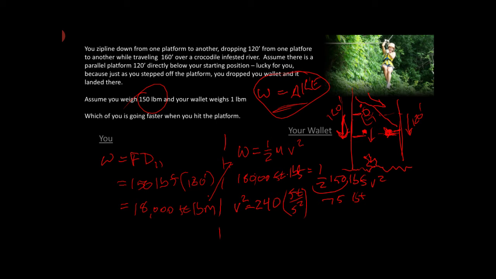And then we got this squared. And then we just take the square root. Right, and that is going to be, do you know the square root of 240 offhand? I don't. Well, maybe it's 15.5, let's say, feet per second. So we're going to say that you're going at 15.5 feet per second when you get down to that